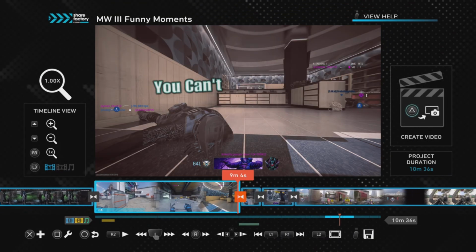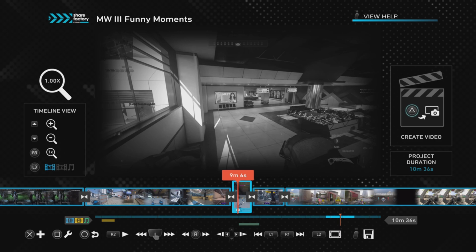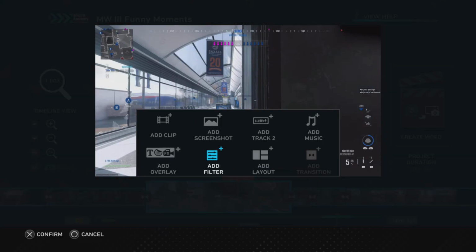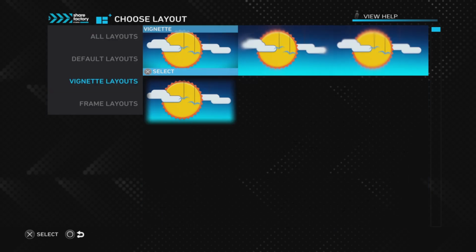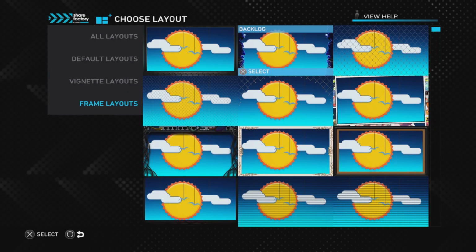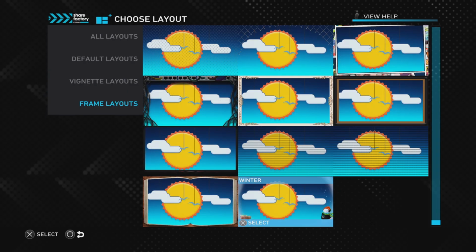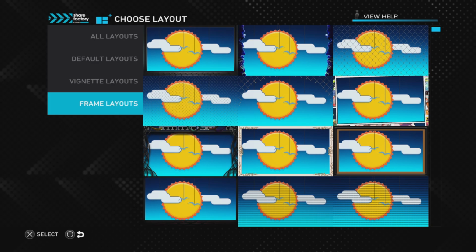And then what you can also do is see the corners. The dreamy doesn't do that. So what you do, add layout, and then you got the vignette, or I think that's how you say it. It's the one I do, and then you have a few other things in here.